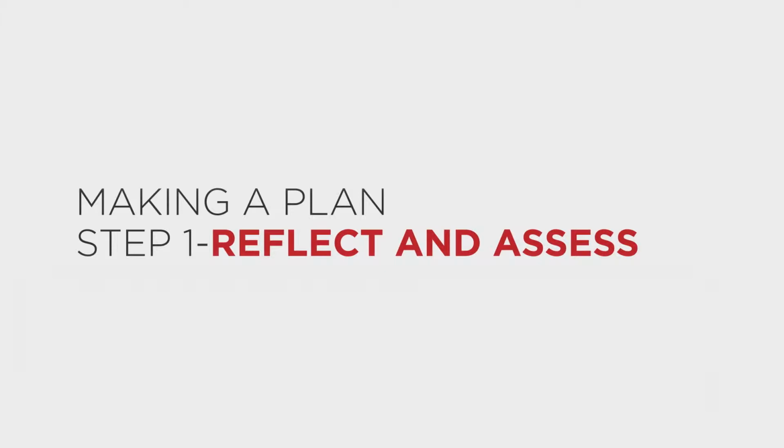So how do you create an IDP? The first step is to self-assess and reflect on your progress. When we say self-assessment, what we really mean is thinking about what you need to do moving forward. How has your progress in your research been going? What skills have you been developing? Self-assessment is really important as you continue along your trajectory in a lab specifically, because your needs change over time.